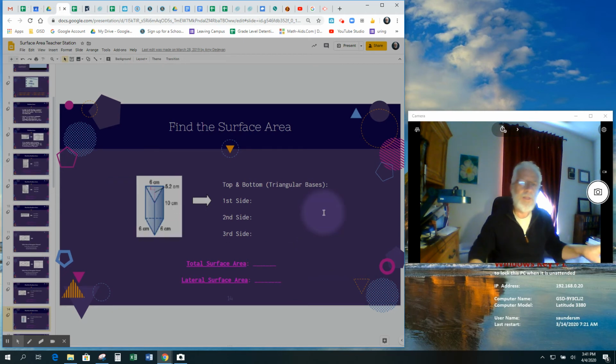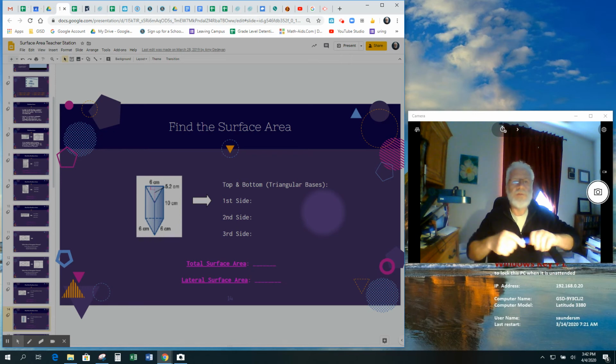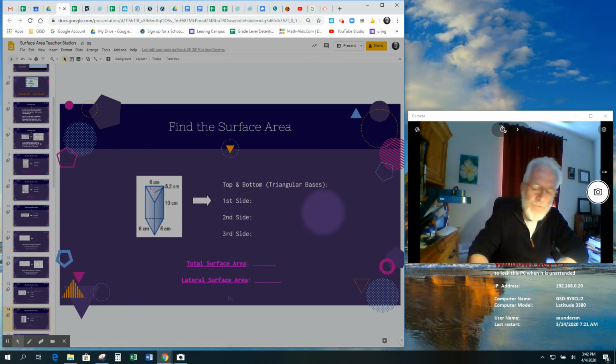All right, let's find the surface area of this triangular prism. Find the surface area: top and bottom, side, side, side. My top and bottom are always going to be the same because it's a prism. And so my triangular base, there are two of them. And the area of my base is 1/2 times